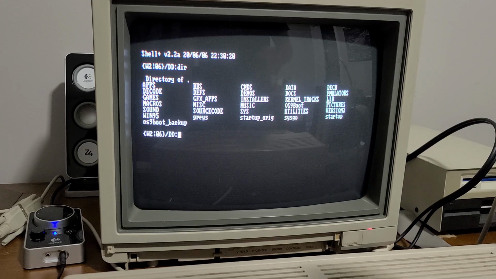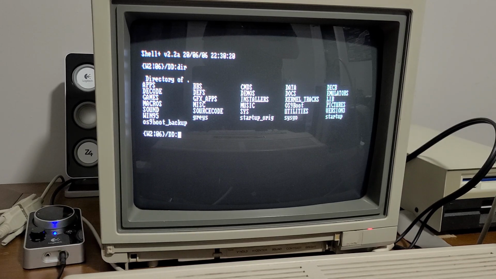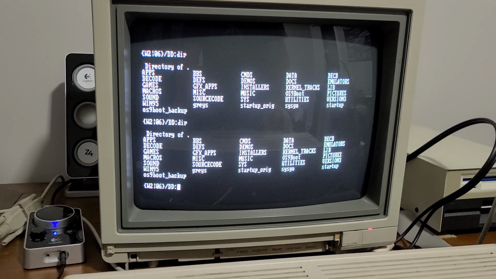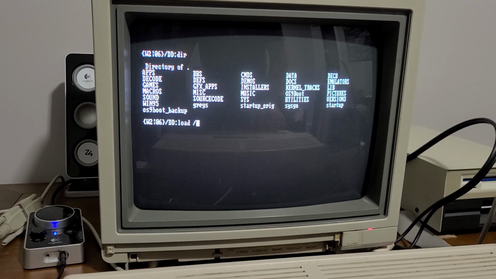I decided to write a player that could read that format and do it natively in OS-9. And plus, it was kind of an excuse for me to learn how to write assembly for Nitrous 9. So I'm probably going to jump around a lot in the video to show you the different things without it taking forever. But the first thing I'm going to do is load the program straight off of DriveWire for convenience,